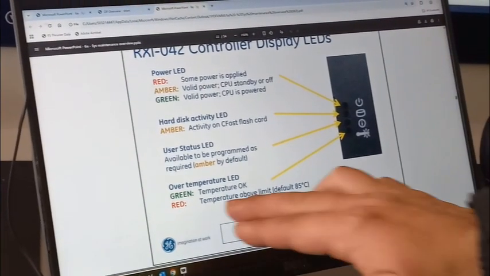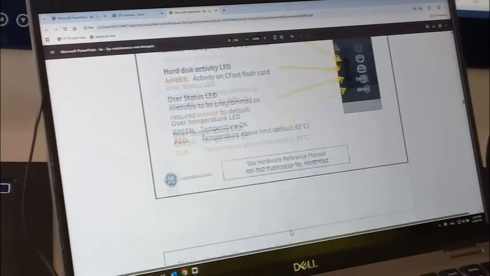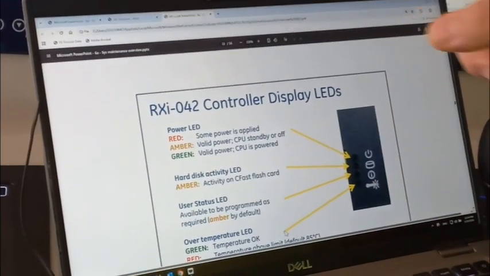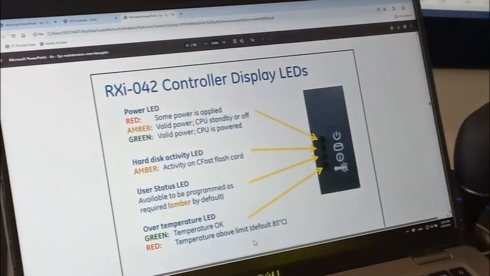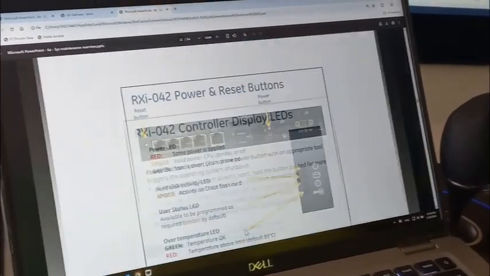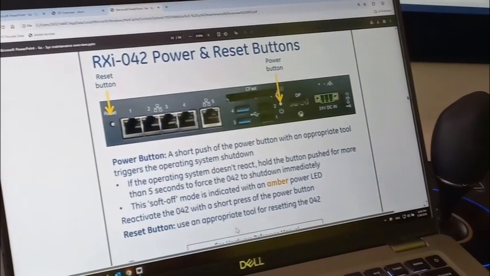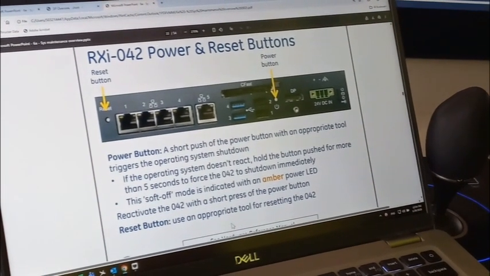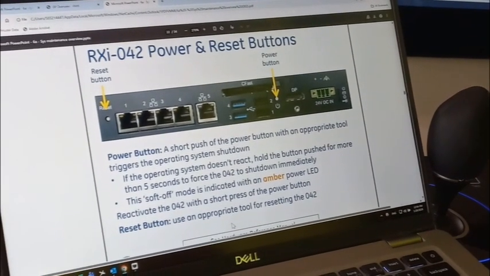Okay. Normally this will be green. If there is anything steady red, you will have to check, okay? If it's red, you will need to refer to this picture to show what it is. Sometimes you turn off this. You cannot, because this one is in control. If you want to turn it off,